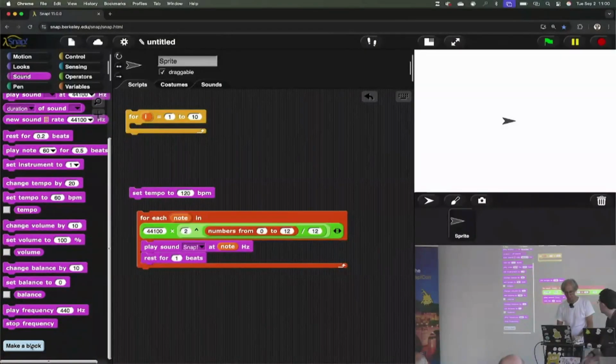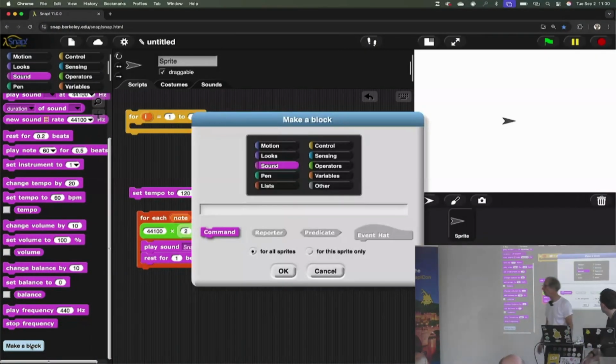And I want to build a block in the sound category. We can make a new block. I want to make a block that uses my recording and plays it back as a note, as if I'm using a play note block. So I can say, play sound. Well, no, let's say play note. I'm going to want the input